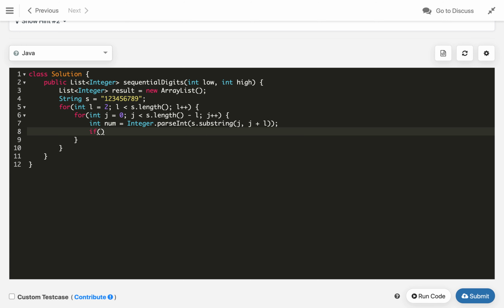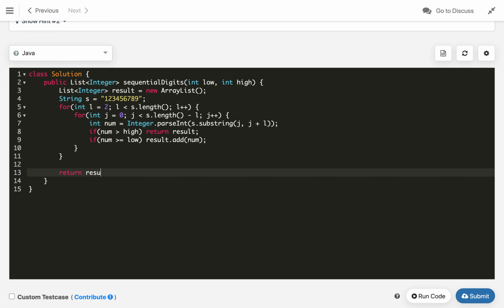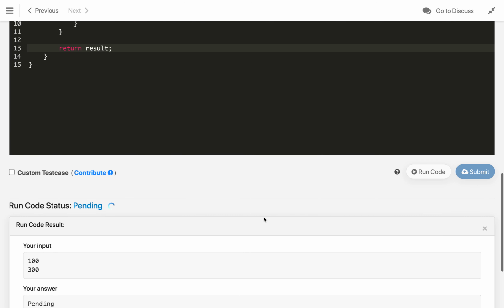Now we will check, whenever we reach a num greater than the high we are looking for, in that case this is terminal, we will return our result here itself. Otherwise we will check if num is greater than or equal to low, then we will add that num into our result. So this will continuously run for L, and in the end we will return result. So this is the solution using the substring approach by length.